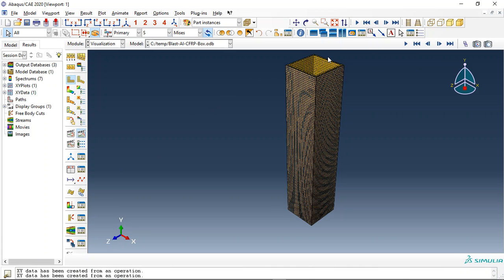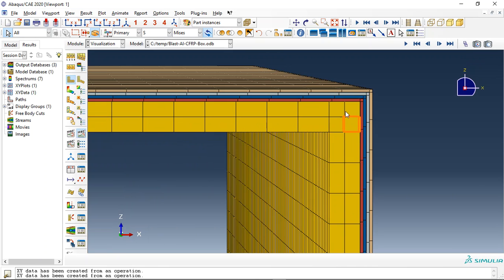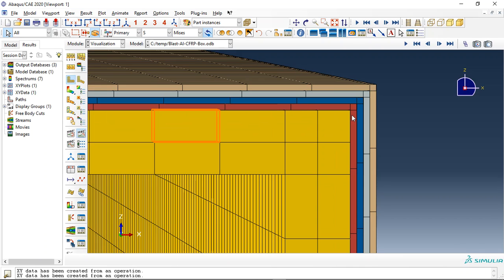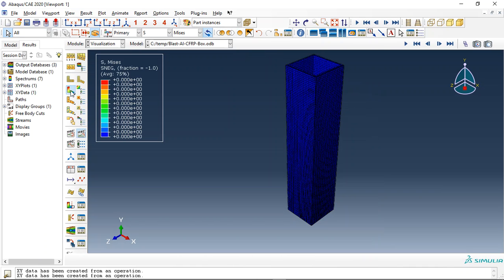Today we did a model of the air blast explosion over a composite column or beam. Here you can see we have aluminium as the internal box. Then we have four different CFRP layers with cohesive interaction between each layer and cohesive interaction between the aluminium and CFRP. And if I click on animate here, sorry, the last frame,